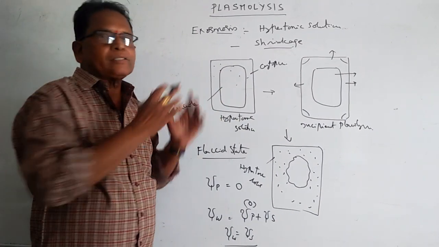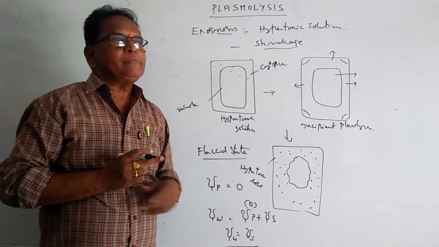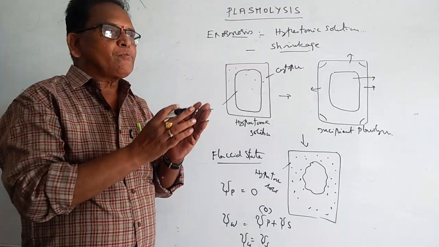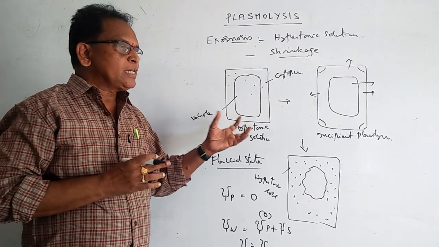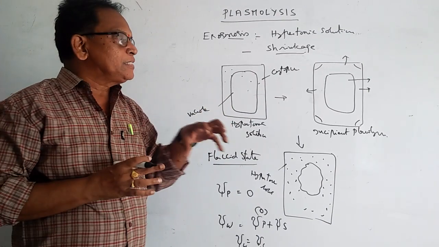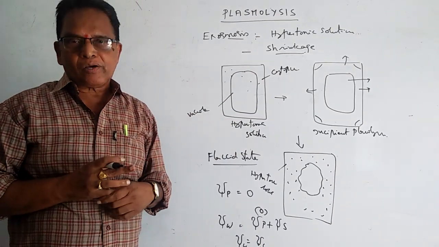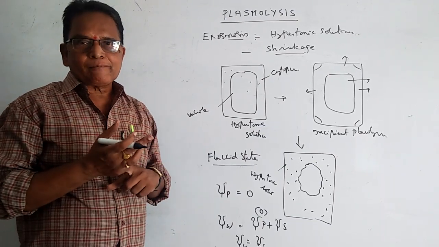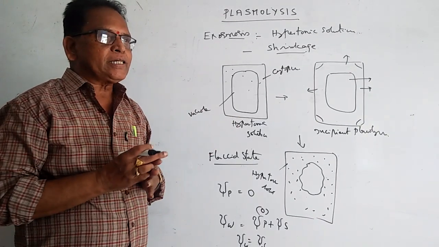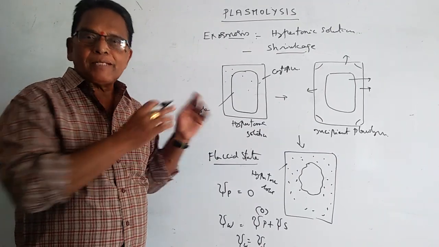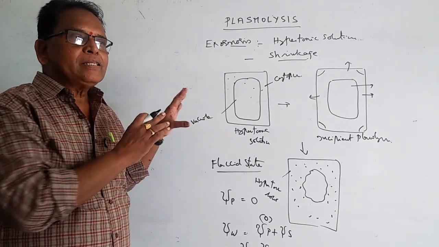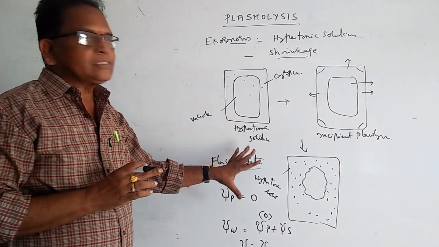What is the significance of plasmolysis? The phenomenon of plasmolysis can be utilized for the storage of food products like pickles. When preparing pickles, we add some salt, and as a result of this salt, that solution becomes more hypertonic. So for the storage of fishes, pickles, fruits or other storage items, we can use this phenomenon. Commercially plasmolysis is used, but in natural conditions in plants, it is not observed.